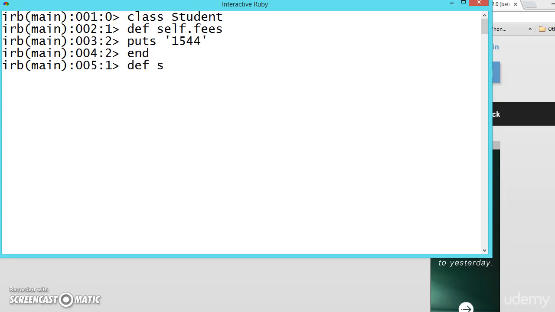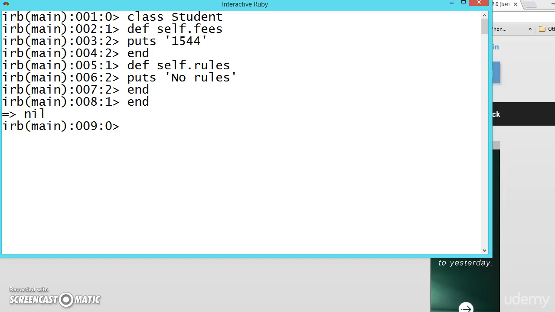Def. Let us create one more, self dot rules. Puts no rules. End. So when can we use these class methods? We should hide some data from